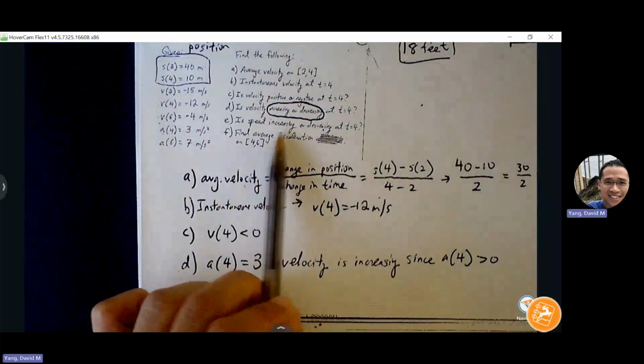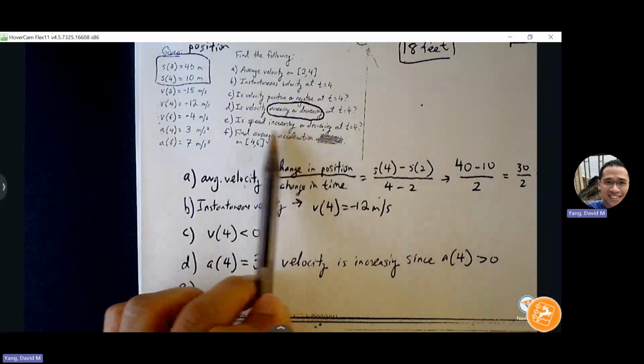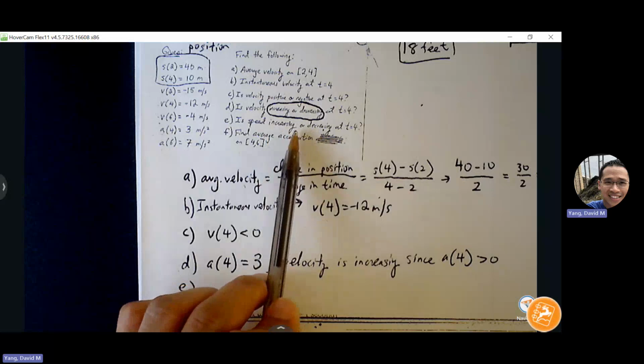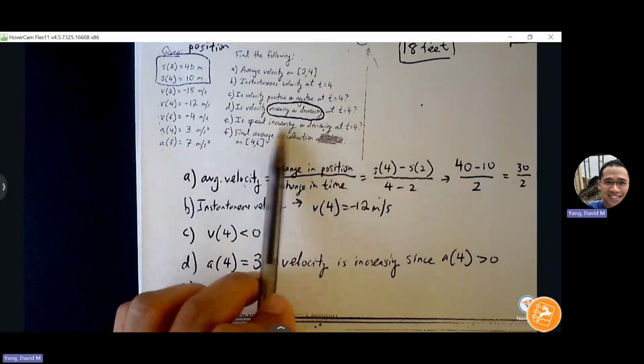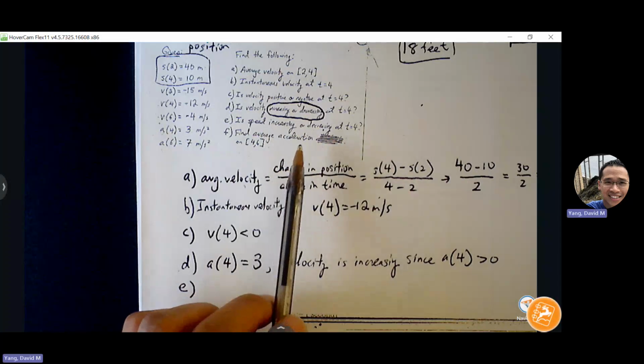Part E, is the speed increasing or decreasing? So this is a little bit different here. Is the speed increasing, decreasing? We have a formula for this. Do you guys remember what that formula is? Is the speed increasing, decreasing? We compare two things here. We compare